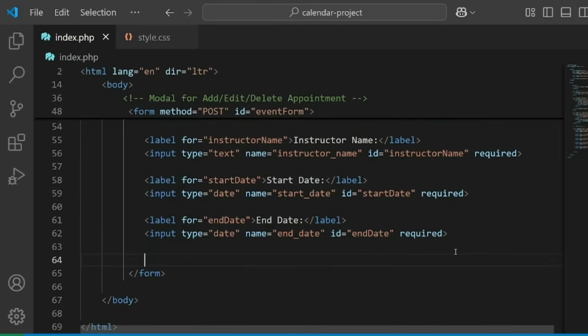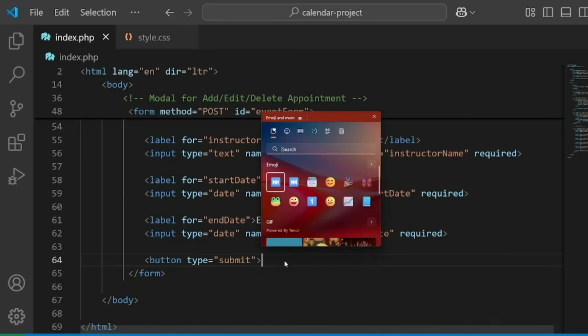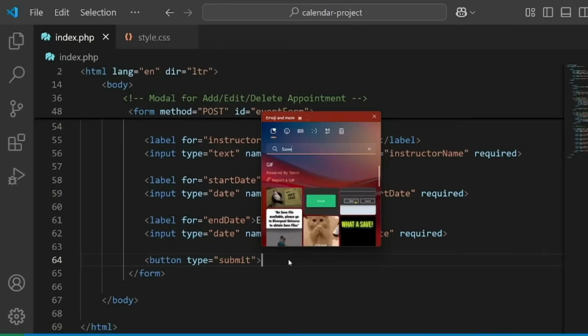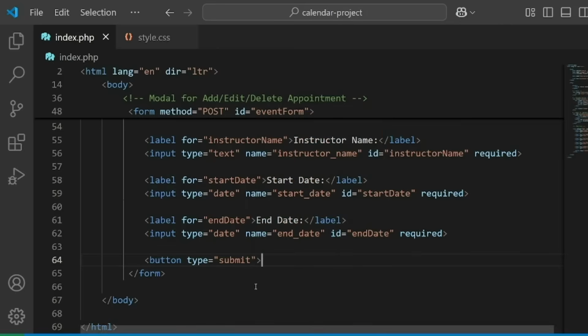The last thing we need to do here is a button. We have to create a button of type submit, to submit this form, and then let's add an icon here for save or preserve. Let's go with save, it doesn't matter, not important. Let's write here save and then close the button. So now we have a button